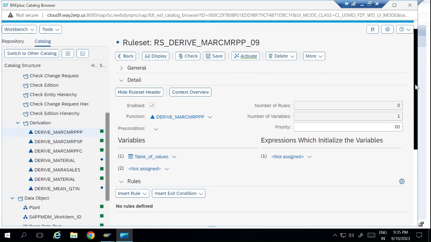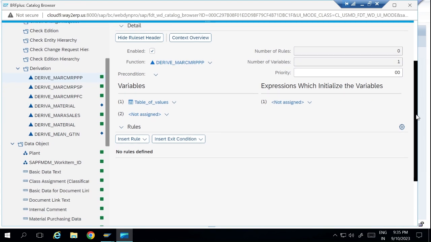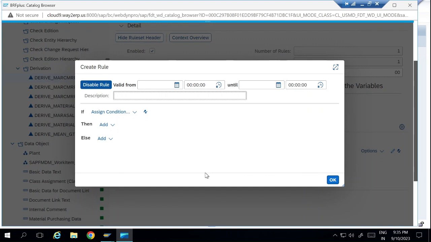we will then create a rule. Using this option insert rule, we will create a new rule, and within this rule definition, let's call this RL1_determine a value. In our case we will determine the status, so I can also write determine the plant status,